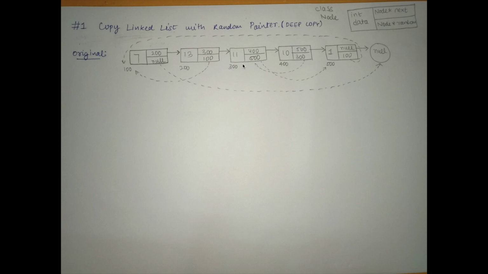So here the random pointer can point to anything, and we can see that the next pointers are behaving as expected. So it is storing the memory address of its next node, and so on. We are only given in this question the head memory address of the first node. So we'll only have this head part only, and we'll move it from there.